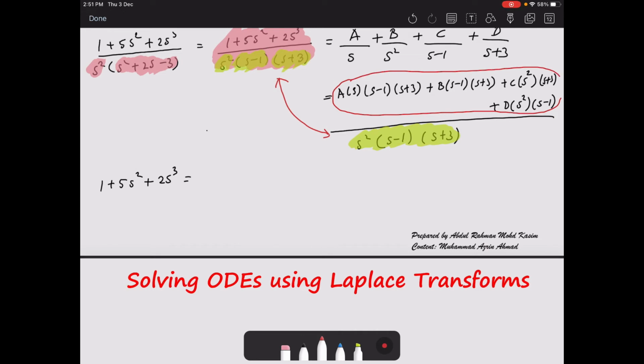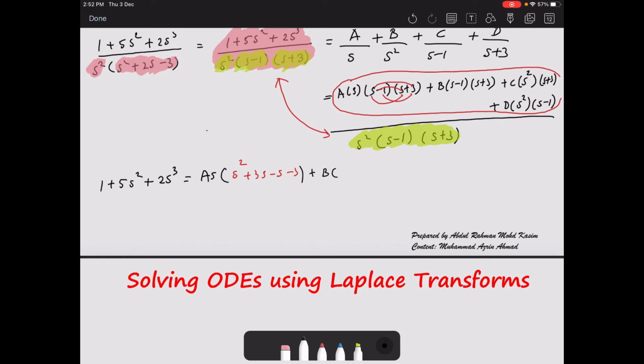So you may expand that one. You will have A, and then for this one you may expand first. Okay, so what you will have s squared, you will have s squared, okay, plus 3s minus s minus 3,